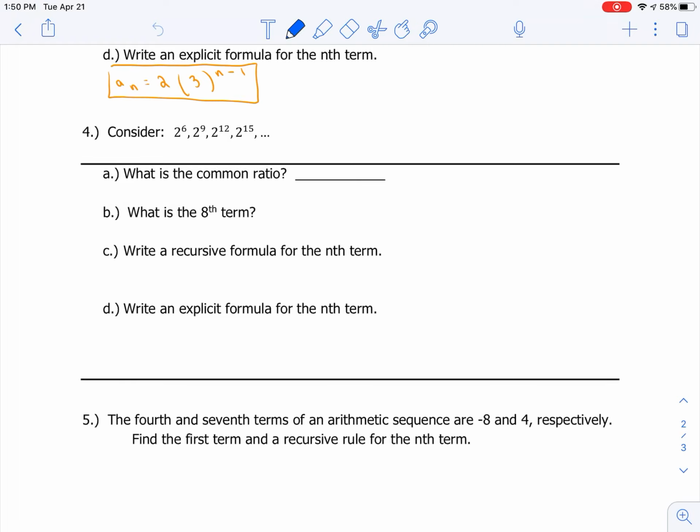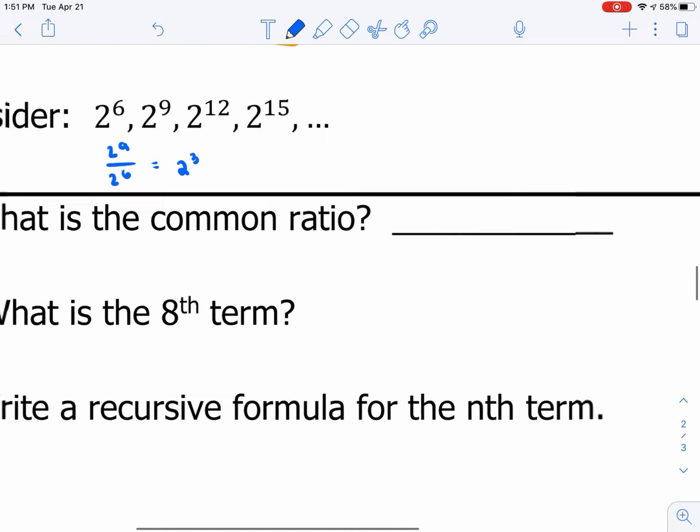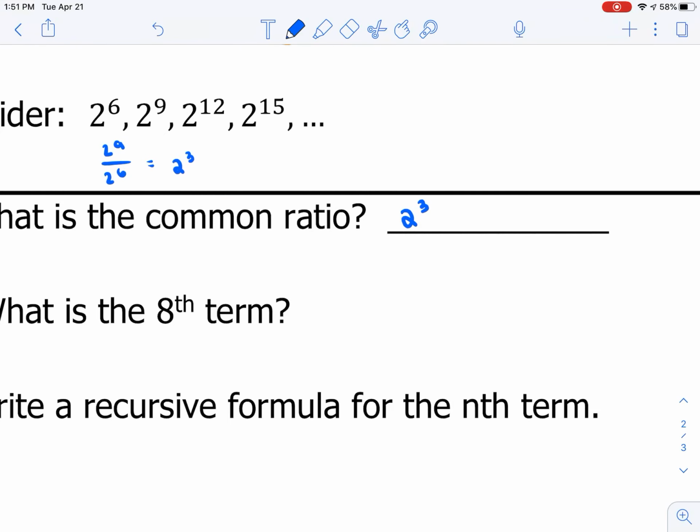So with this next one, again, this idea of a common ratio, looking to see what am I multiplying by each time. Now, if you don't see it, remember to take the second term and divide it by the first. And note that when I subtract those exponents, I'm getting 2 to the third. You can leave that as 2 to the third, or you can write it as 8. Personally, just because this is all base 2, I'm going to leave it as 2 to the third